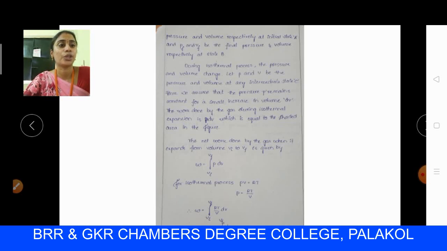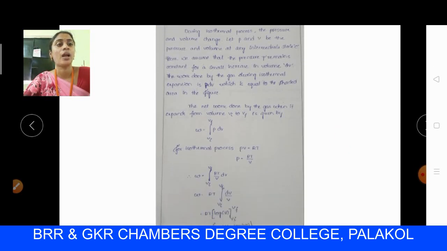At the state B, during the isothermal process, the pressure and volume change. Let P and V be the pressure and volume at any intermediate state C as shown in the diagram. We assume that the pressure remains constant for a small increase in volume dV. It means here the pressure and volume change for the small increase in volume dV. The work done by the gas during isothermal expansion we consider as PdV, which is equal to the shaded area in the diagram. Here the net work done by the gas when it expands from volume Vi to Vf is given by,